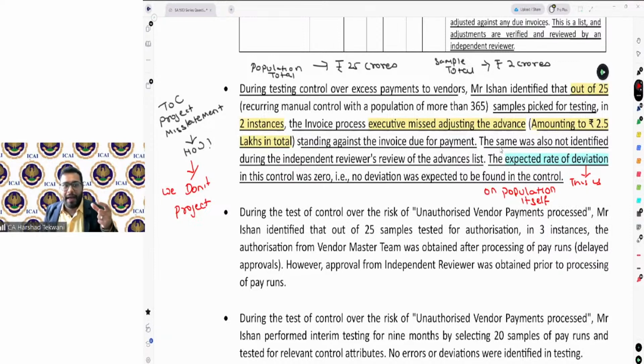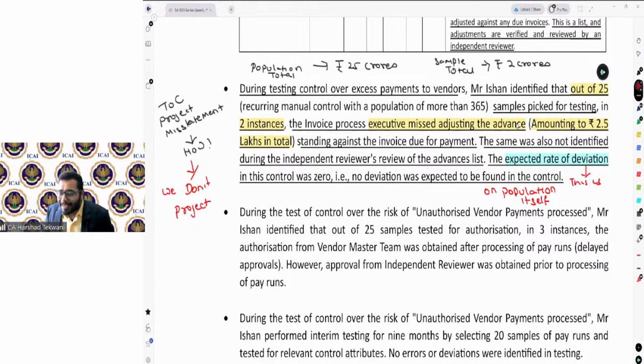When I identify a misstatement in test of controls, it's rather in the nature of a deficiency or an attribute than a monetary amount. Understand? A deficiency or an attribute which is missed in the control doesn't mean that it will always be a misstatement. So if the executive missed adjusting the advance, he could have adjusted the advance in subsequent payment runs. And I might not have a misstatement